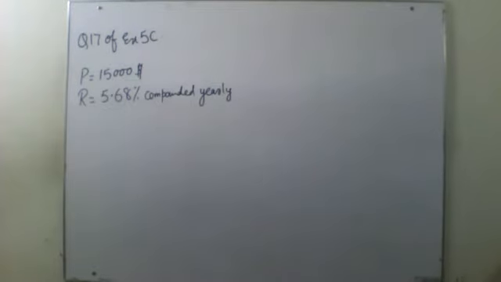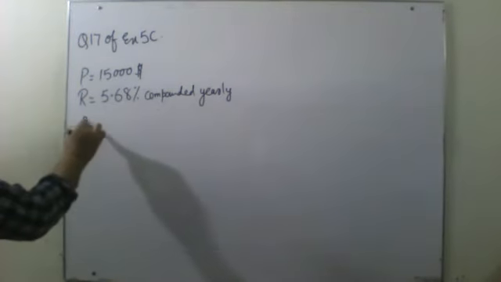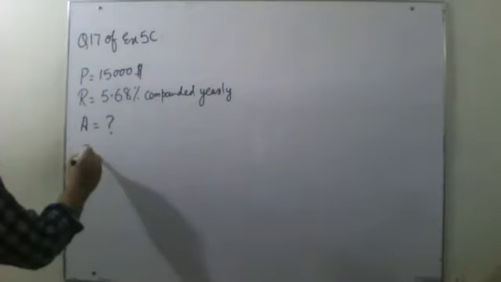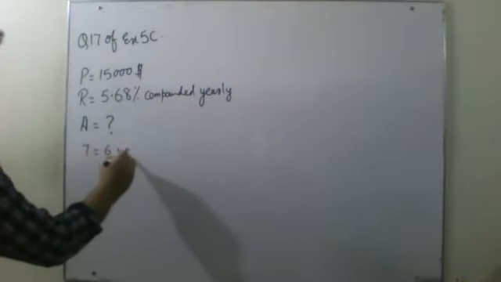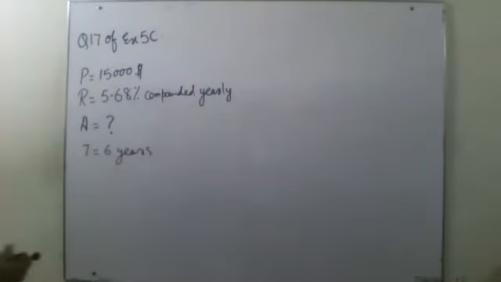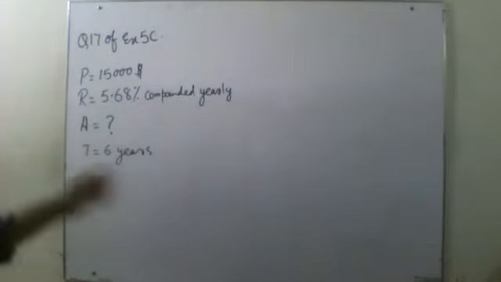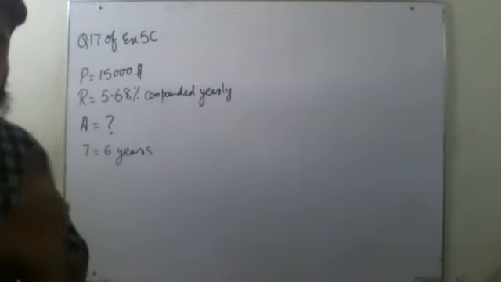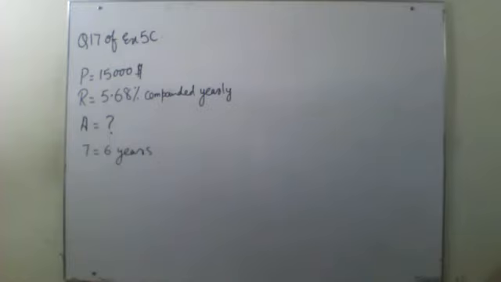Right now, they are saying find the total amount. I have to find the total amount in 6 years' time. In the previous question, I told you that whatever time was given, we directly wrote it as n. But now the things will be different. Why will it be different? Because in this question, they are saying a part,